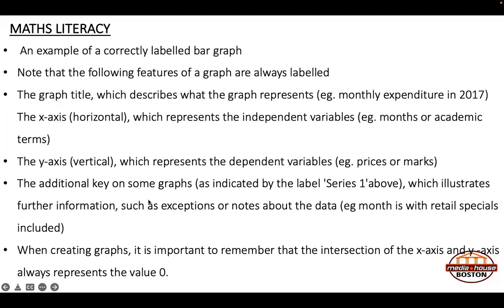Note that the following features of a graph are always labeled: the graph title, which describes what the graph represents; the x-axis, the horizontal title, which represents the independent variables; and the y-axis, which represents the dependent variables. Okay. There may be an additional key on some graphs, such as indicated by the label Series 1, which illustrates further information, such as exceptions or notes about the data. When creating graphs, it is important to remember that the intersection of the x-axis and the y-axis always represents the value 0. So where the x-axis and the y-axis meet, it's a value of 0, which means in most cases it will be,